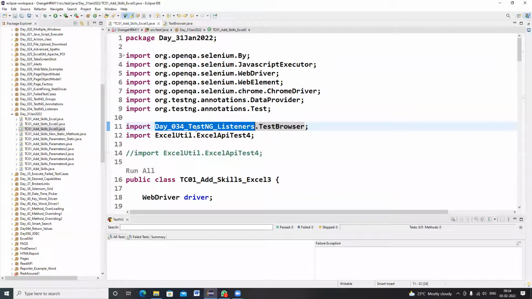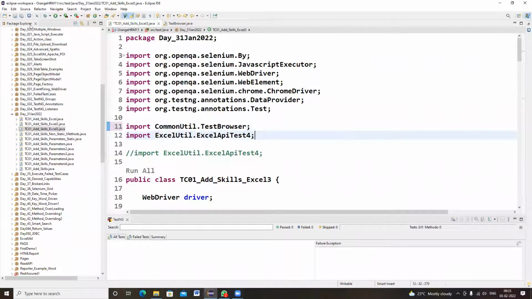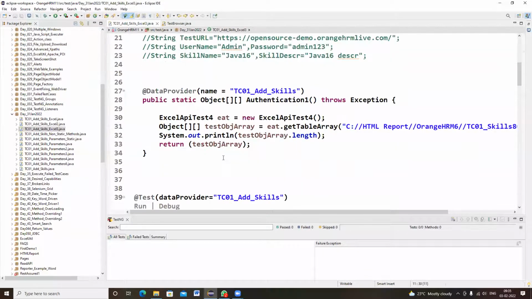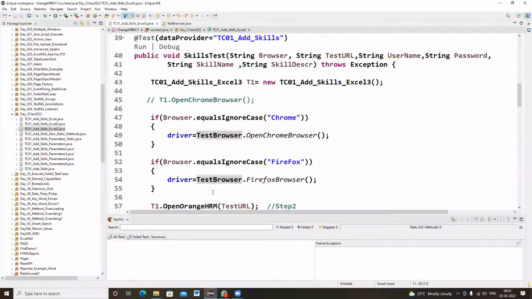I have to import from common util. The common util package contains the test browser class, and the test browser is referring from that class. So let me execute this program.